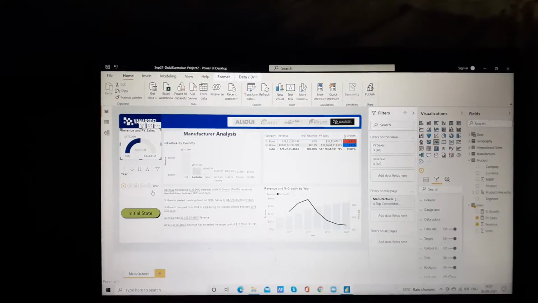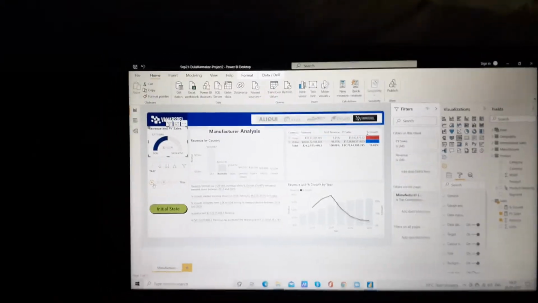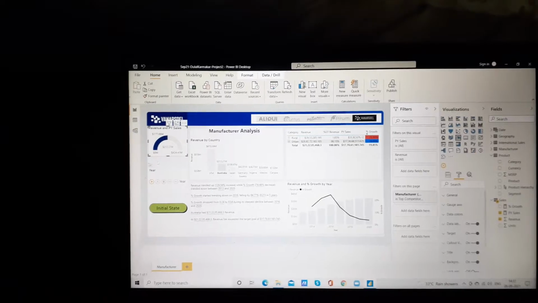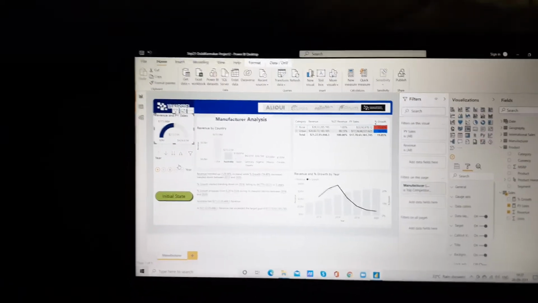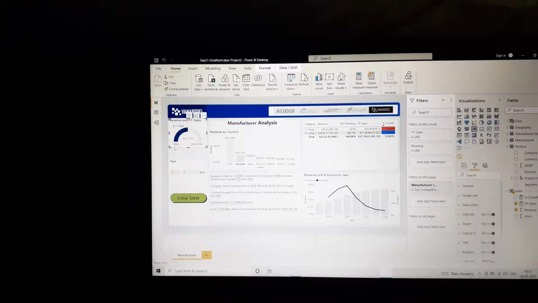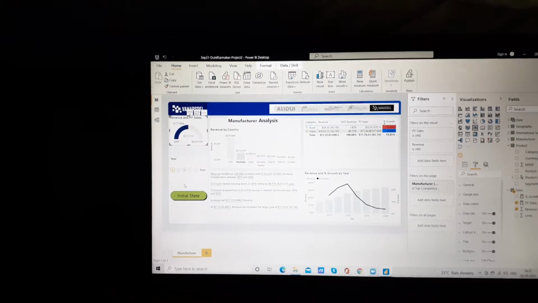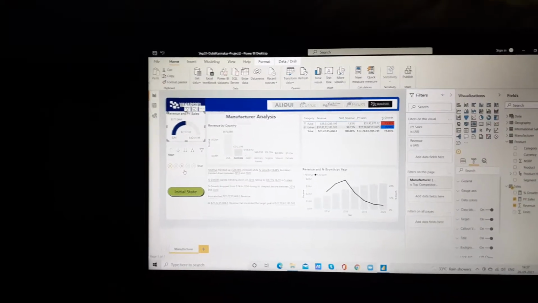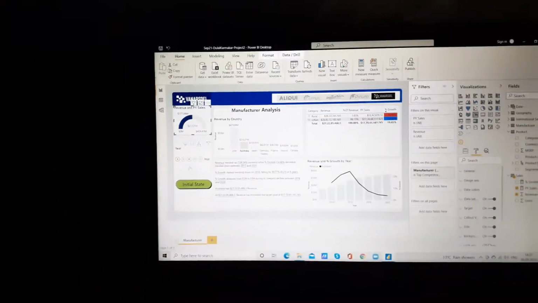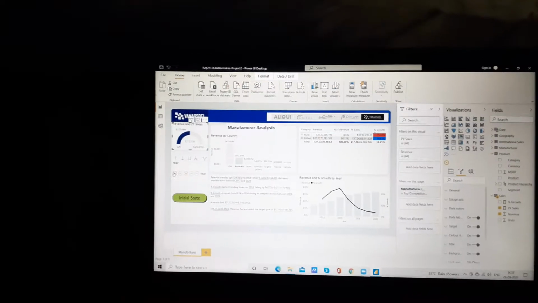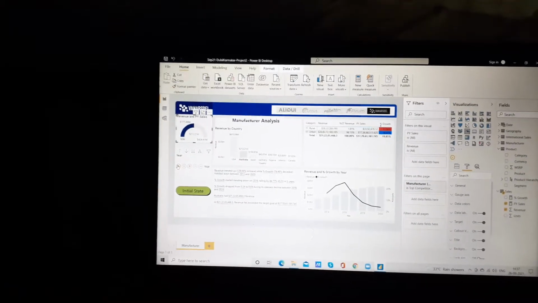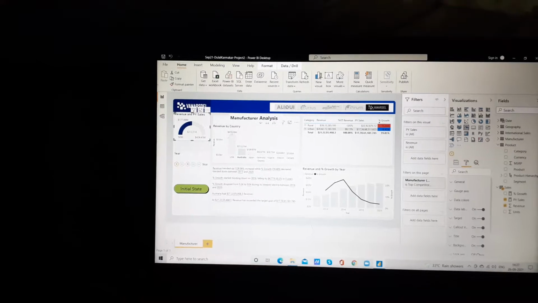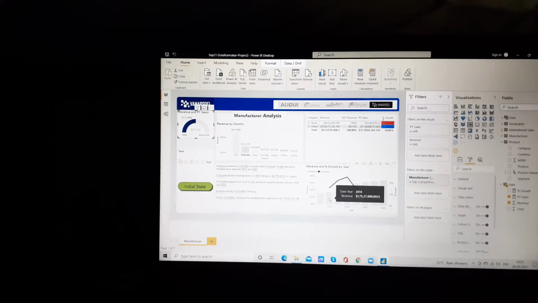Using play axis, we can just play it like an animation, and it will show the chart and the data yearly wise from 2013 to 2020, right? After playing this button, it will show you the country wise, yearly wise, and category wise changes of the particular company in the data.